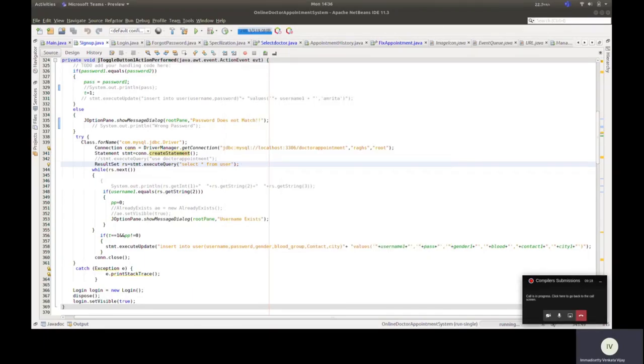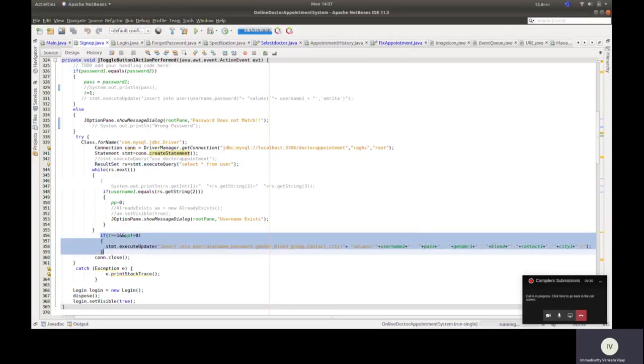There should be a unique username in the table, in the database. So we are doing it like that. It will be pp equal to 0, and if it does not match, pp will be 1. So we are writing an if condition here to check whether the password matches and the username does not exist.